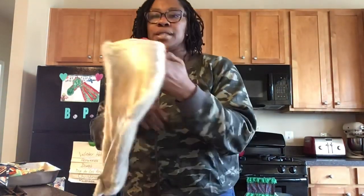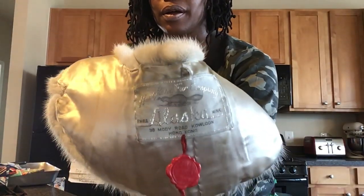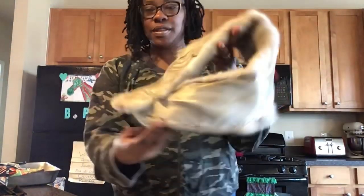And let me show you the inside of it. And this is how it clips to hold together. So, no, it's not a big piece, but I said I'm going to try to get creative. See maybe how I could wear this just to protect my neck, you know, keep my neck warm, like a